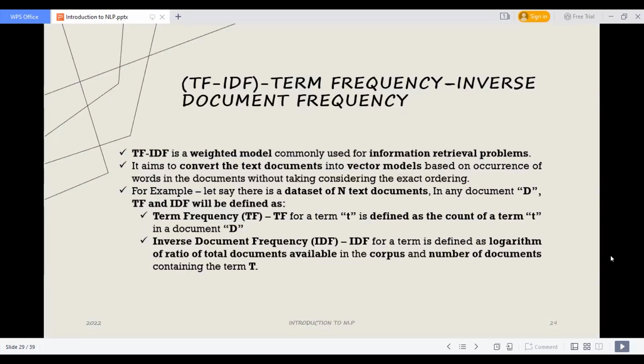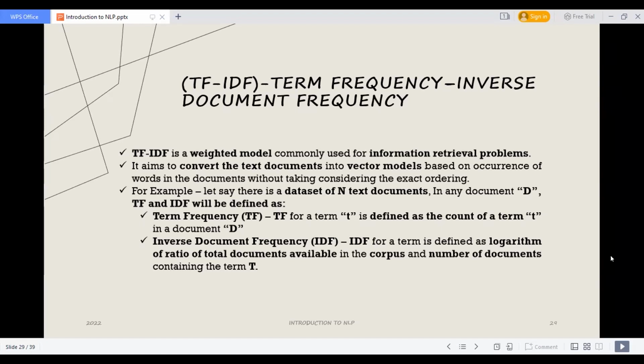To understand it deeper, t is the term, the count, and d is the document. That's why we take n as the number of text documents, and the word is the one which we are going to analyze.